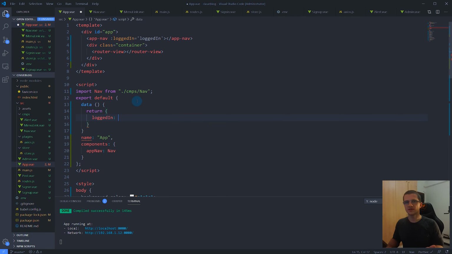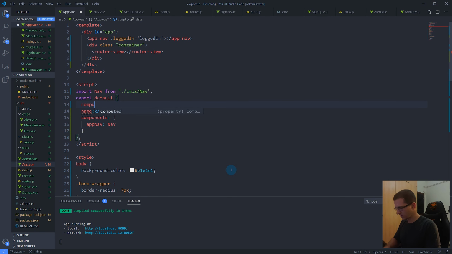But because we wanted to change on the fly, just as once the state changes, at the same time we want this value also to be changed. Therefore we will not return it in a data object, but rather we will create a computed value, a computed object,